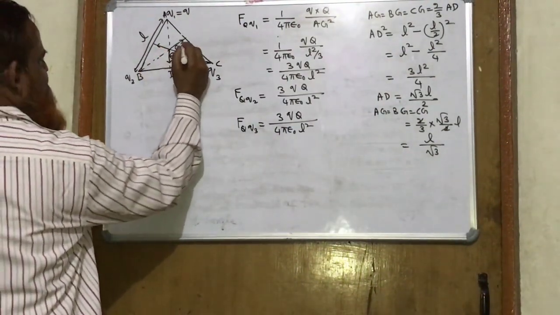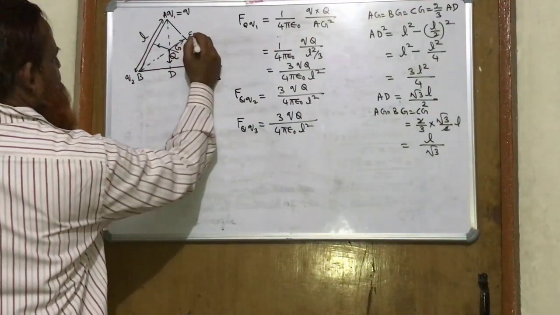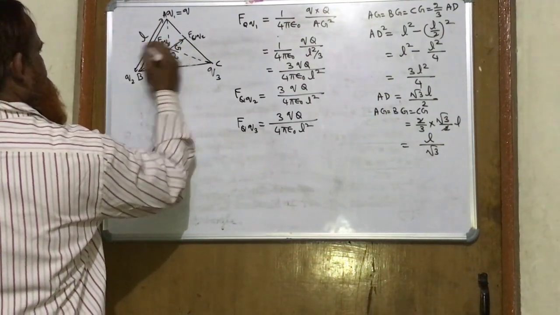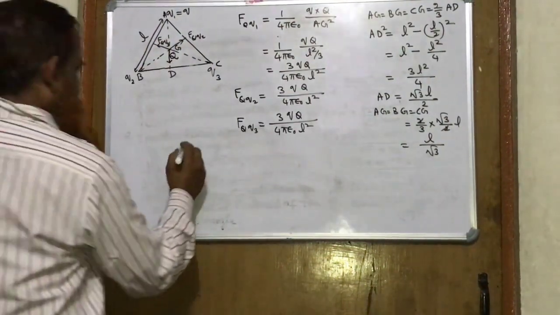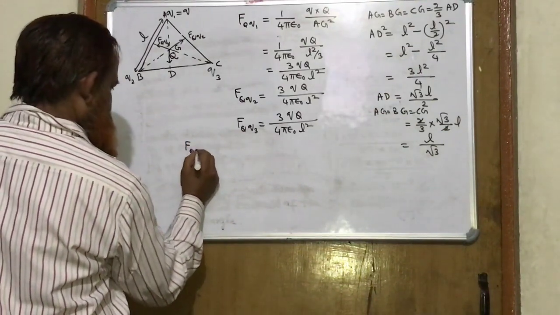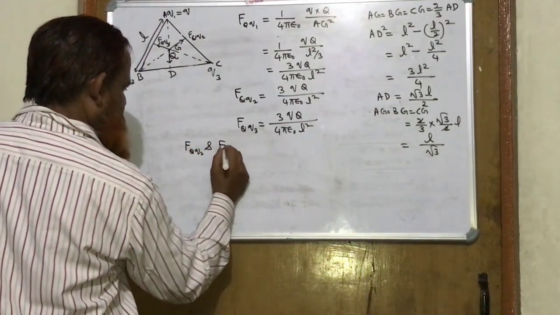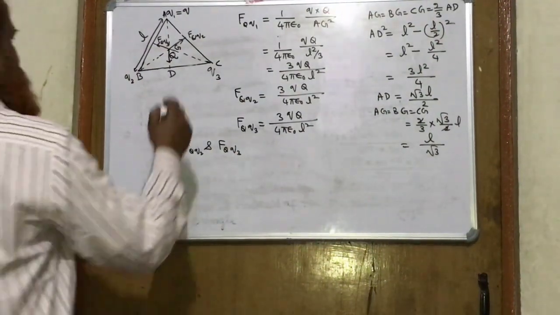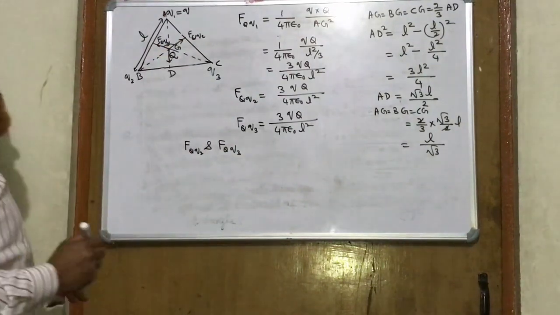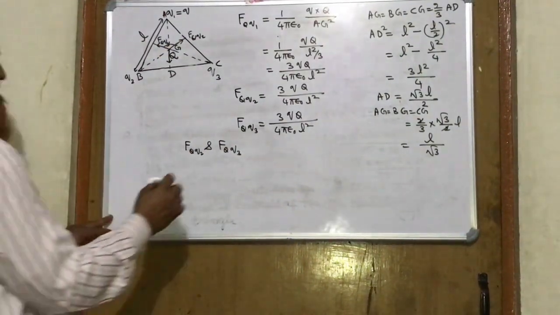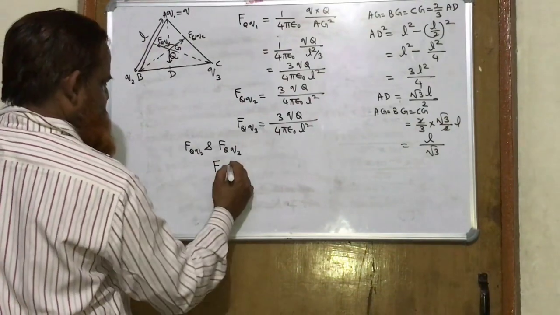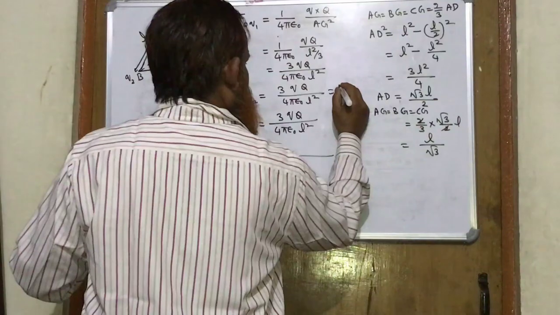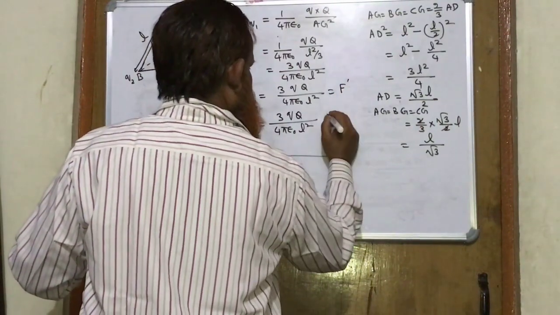So it will be F_QQ2 and F_QQ3. The resultant of F_QQ2 and F_QQ3: the angle between these two forces is 120 degree. By using the law of parallelogram, the resultant F is equal to root, suppose F dash,